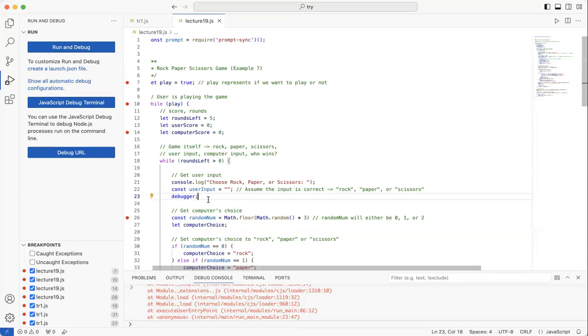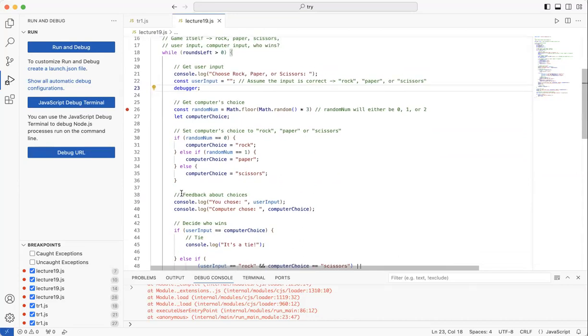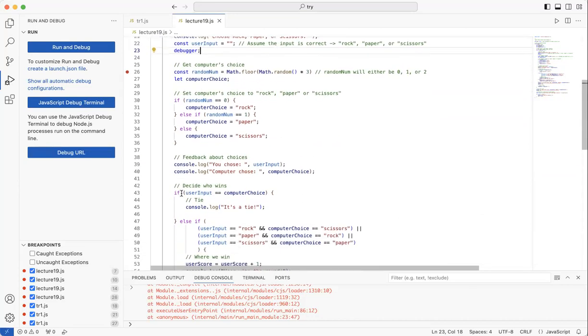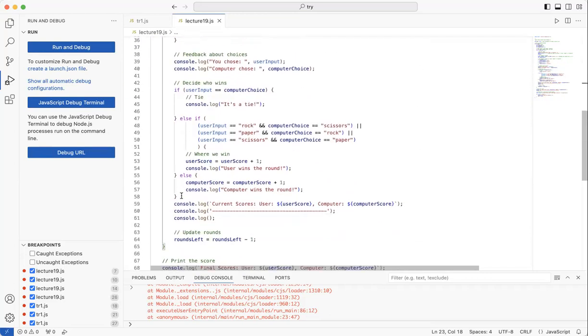So when debugging, debugger doesn't really recognize prompt. Debugger takes inputs on its own. And we didn't put a breakpoint over here because the debugger stops the code to take the input anyways, right? So we don't have to stop the code manually. Is that clear for everyone? Okay, let's go forward. I think that's about it.